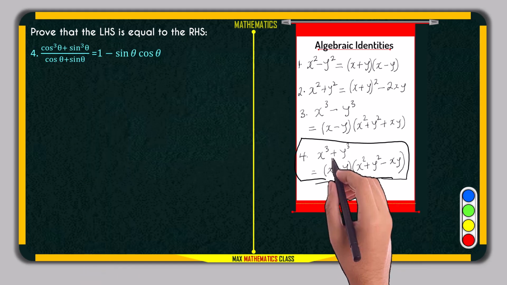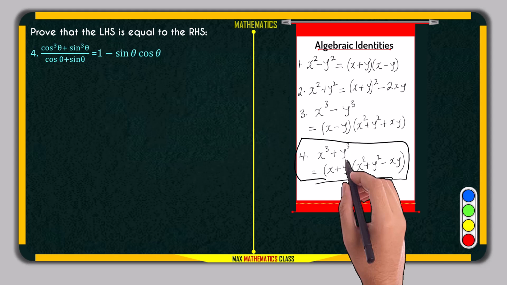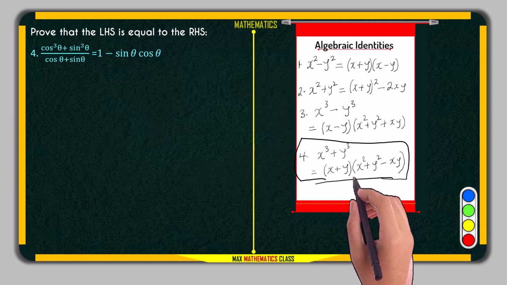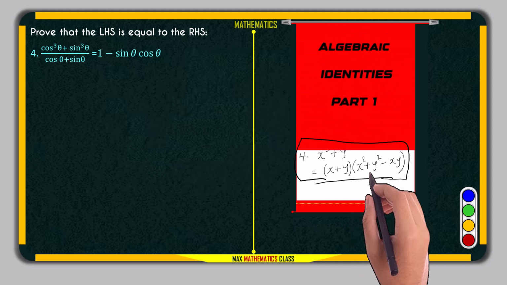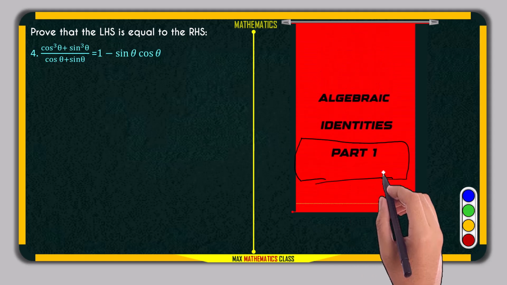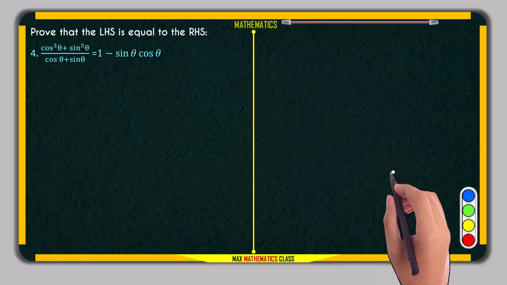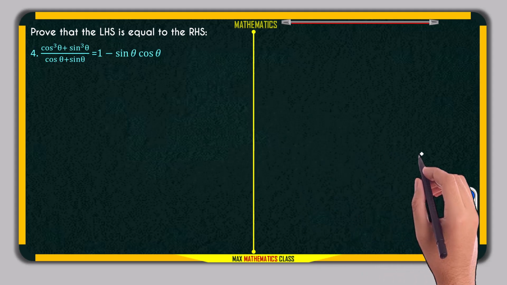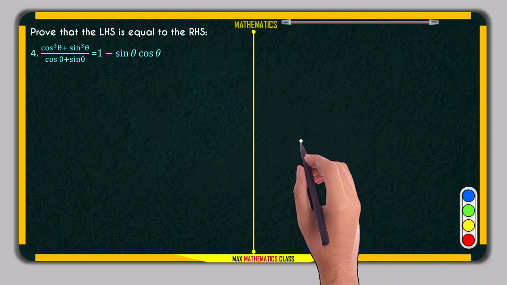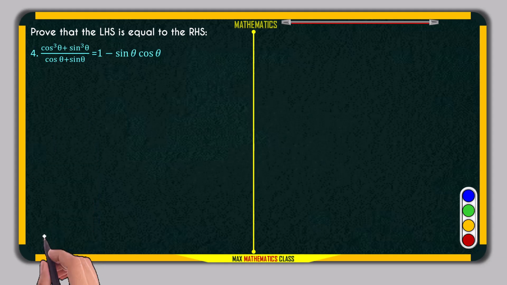When you have x raised to power 3 plus y raised to power 3, this is the expansion: x plus y in bracket times x squared plus y squared minus xy. So we are going to use it to expand this number 1. So this will now be equal to